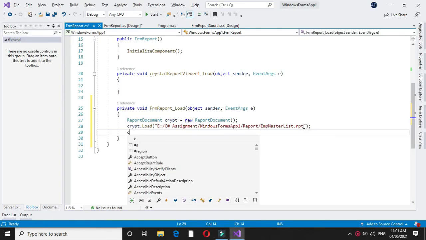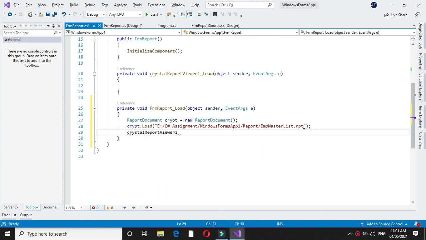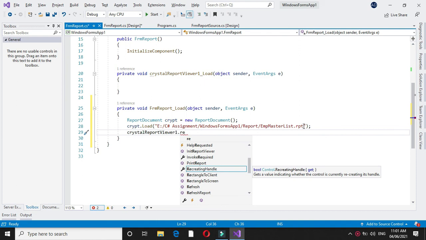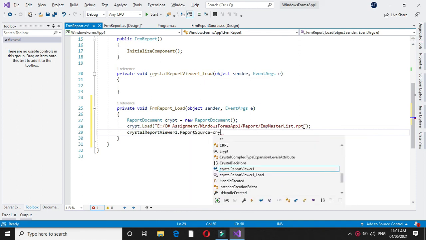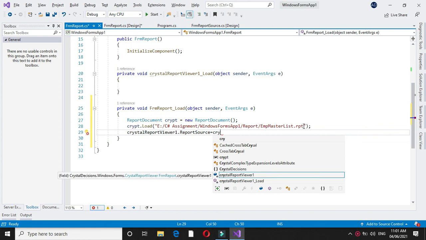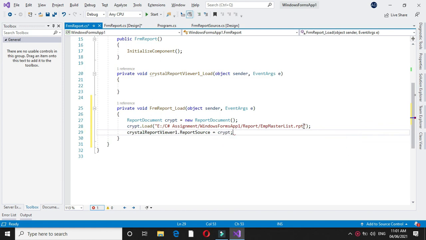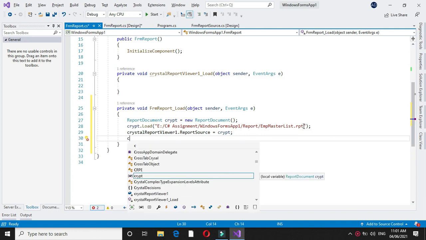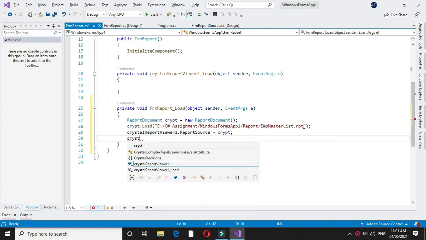Then set CrystalReportViewer1.ReportSource equal to crpt. Then refresh the Crystal Report Viewer.